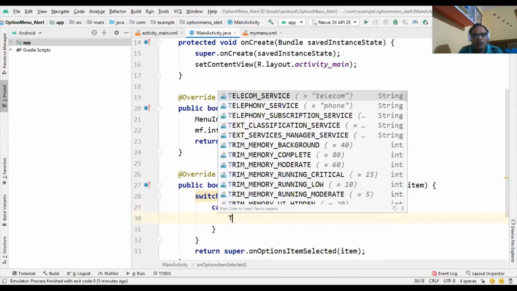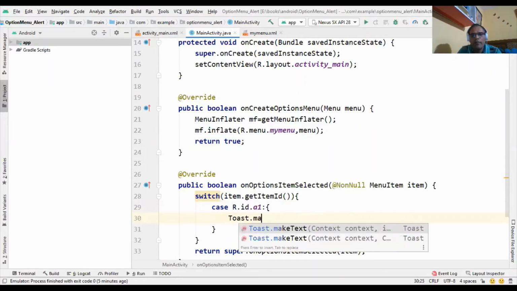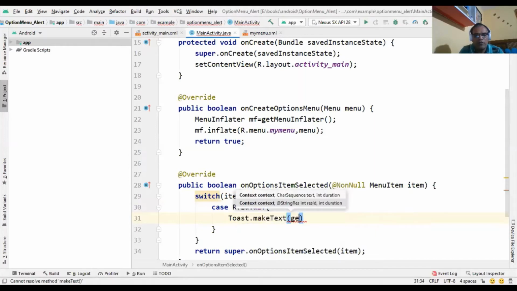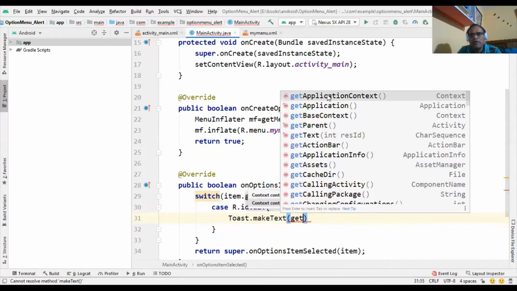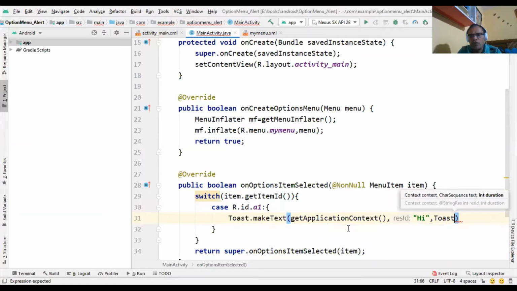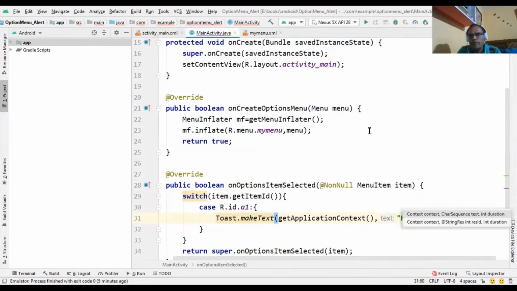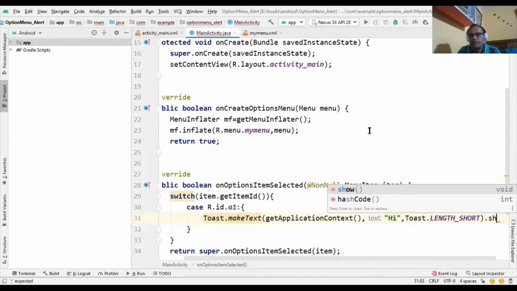And here we use the Toast class, the makeText method. We pass three arguments: first getApplicationContext, second the message. So now we write hi, and then again Toast.LENGTH_SHORT, and the show method.